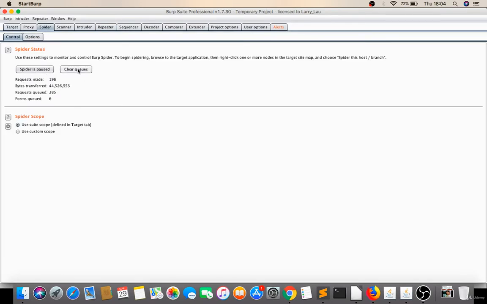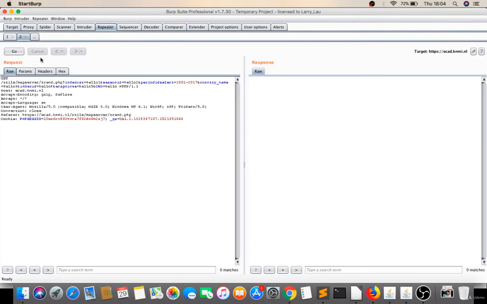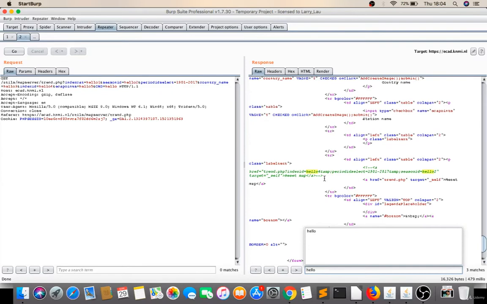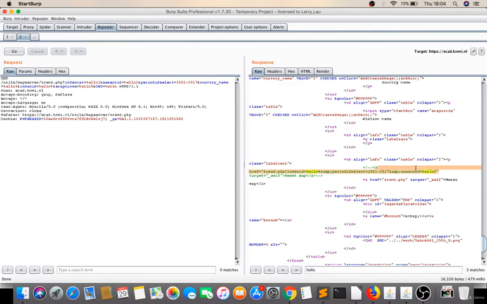Let's pause the spider and clear queues, because my Burp Suite is getting hung. Okay, repeat it. Let's click on go and see what happened. Now what happened in the response? Are you getting any response or not? See, I got hello 4 and hello 2 both reflecting, both are vulnerable.